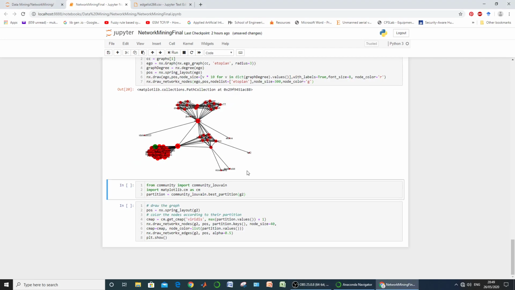Okay, now the next two blocks are used to find communities present within the network. Communities can be considered as individual clusters which follow a particular property or characteristic within the network.